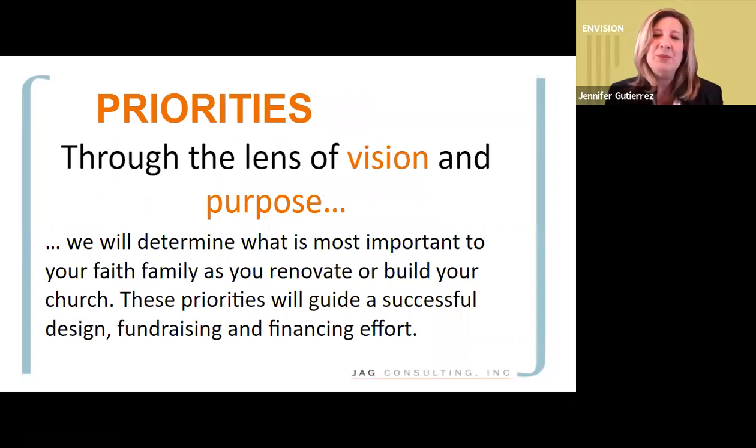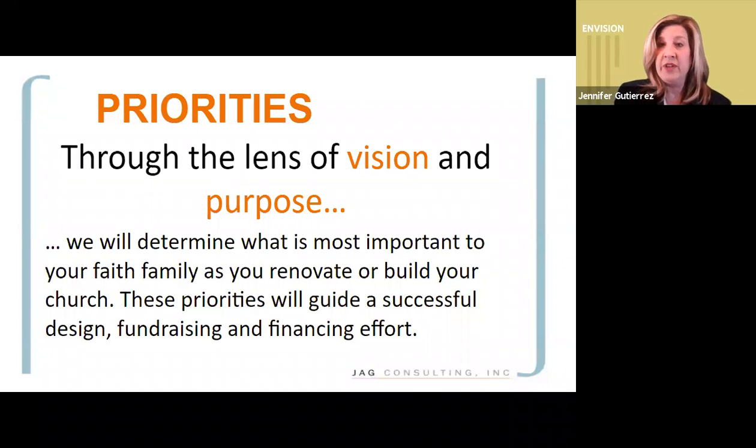So next we talk about those priorities, and a lot of people look at them in the context of a strategic plan or an action plan. What's the difference? The difference is that because this is a building process, this isn't necessarily a comprehensive strategic planning process that many of you might have been through in your companies or your organizations. We determine what that action plan is and those priorities are to get you to the next step.